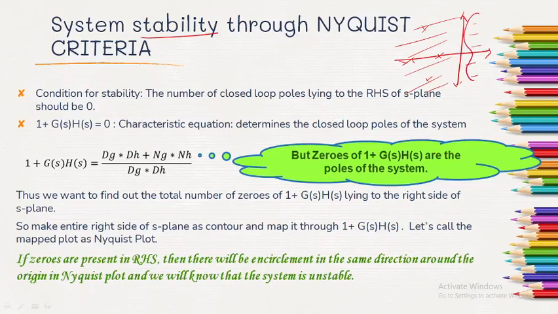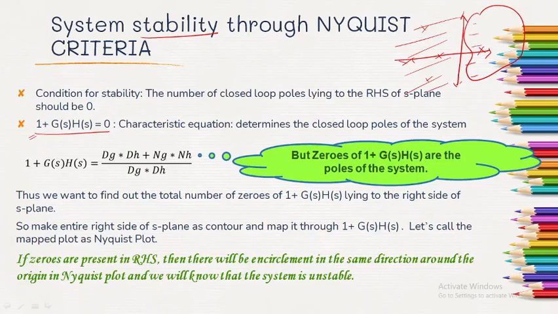That means यहाँ पे कोई भी poles lie नहीं करने चाहिए. That is the major concern for system stability. एक भी pole अगर lie कर गया आपके right hand side में, that's going to make the system unstable. Now we have got this characteristic equation. यहीं से आप poles निकालते हैं. So the characteristic equation is 1 plus GSHS is equal to 0. And this determines the closed loop poles of the system.